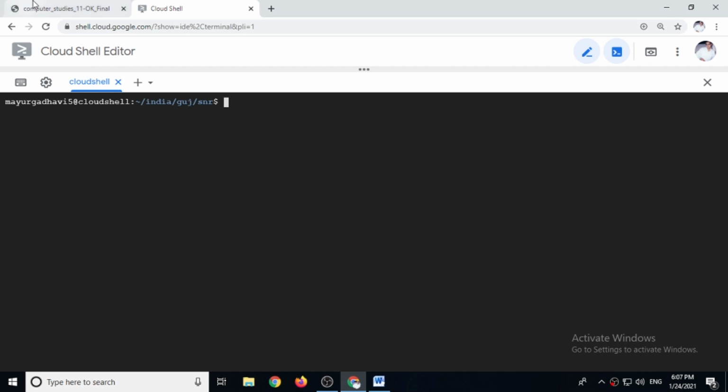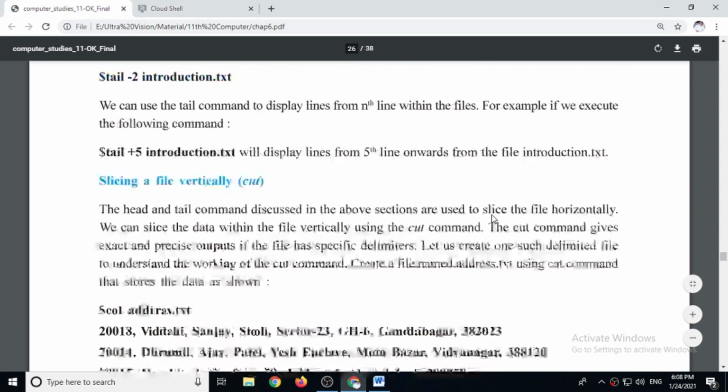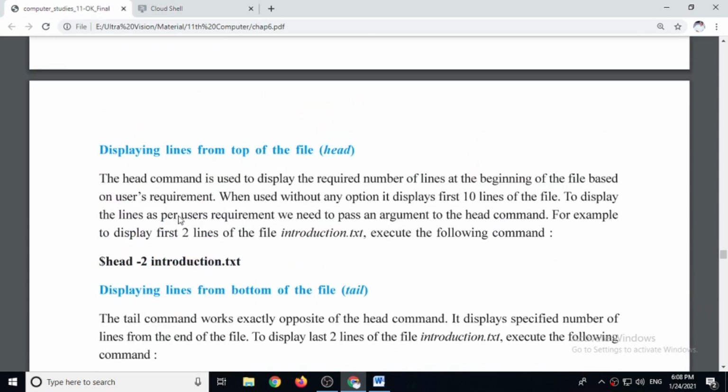Say for example, the first filter is the head filter. The head filter is used to display the required number of lines at the beginning of the file based on the user's requirement. When used without any option, it displays the first 10 lines.